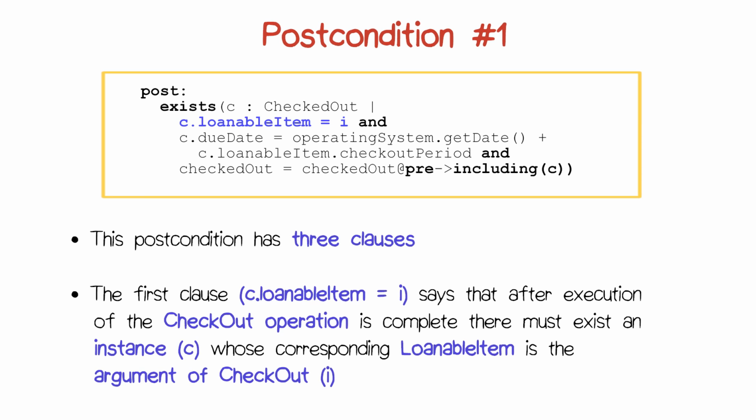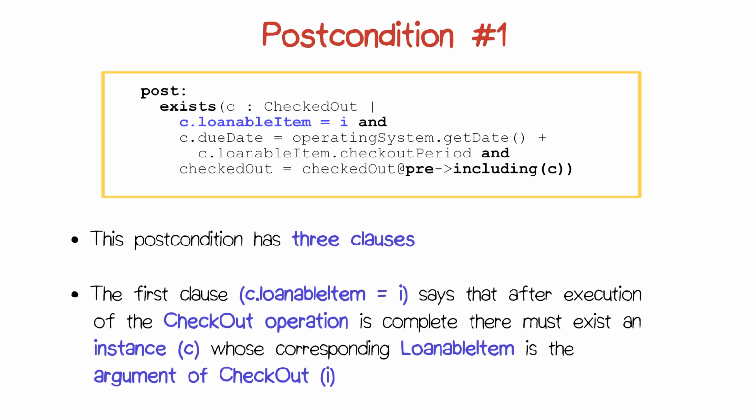Another way of saying that is there must exist a new checkout record, and in fact there's a keyword in OCL called exists. And so the postcondition here is going to say there's going to exist, just like in our first order logic where we had the leftward facing capital letter E, a bound variable, in this case we'll call it C, so there's a new link in that association, the association's name checked out, okay, with the properties that